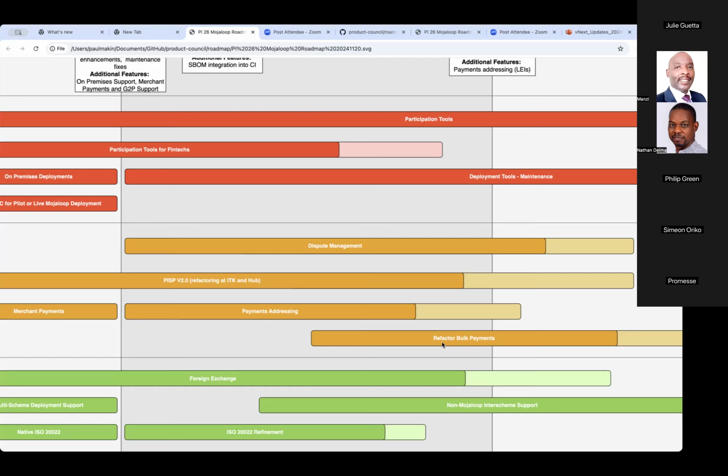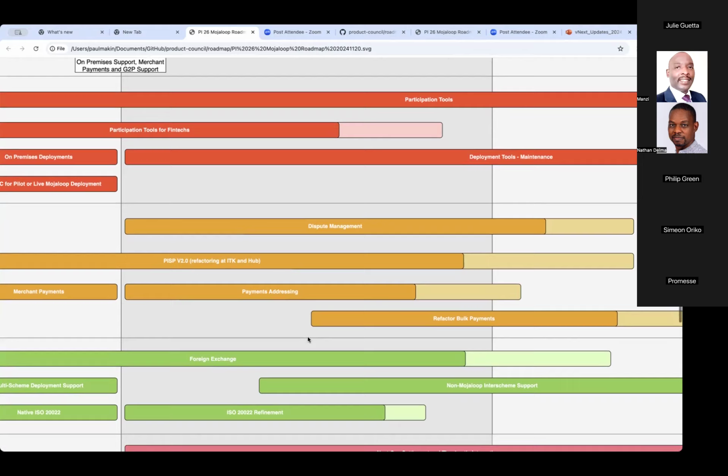And it goes against some of the level 1 principles. So we need to refactor it to be more level 1 compliant, and also to just provide an overall, I suppose you could call it, a cleaner solution. But we're not going to start that straight away. I don't expect that workstream to start until the middle of the PI, simply due to other pressures.